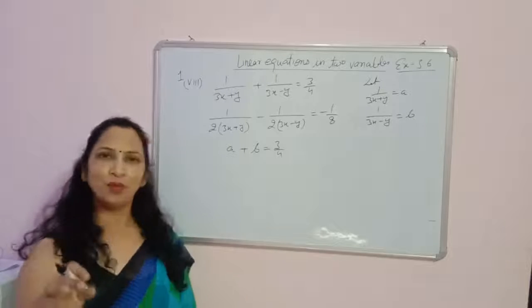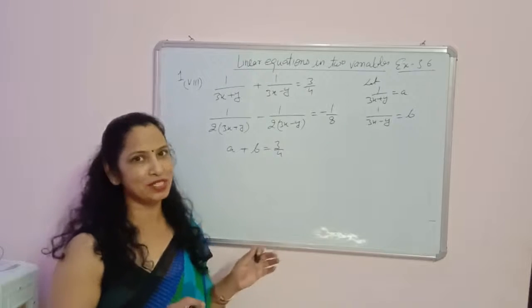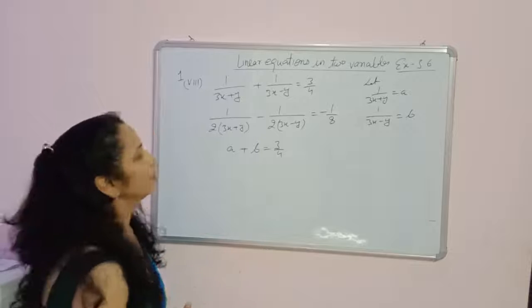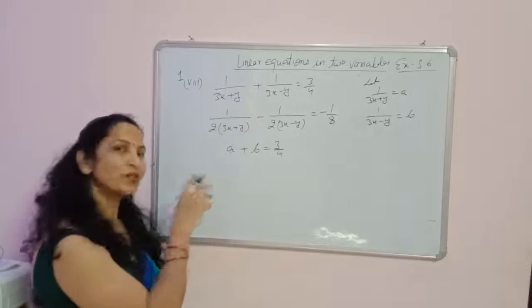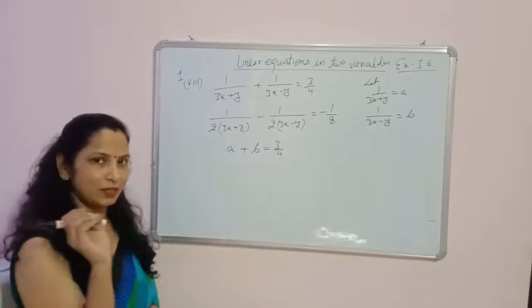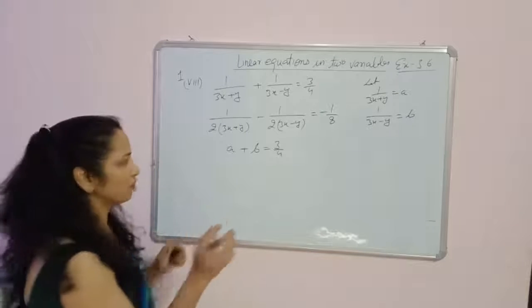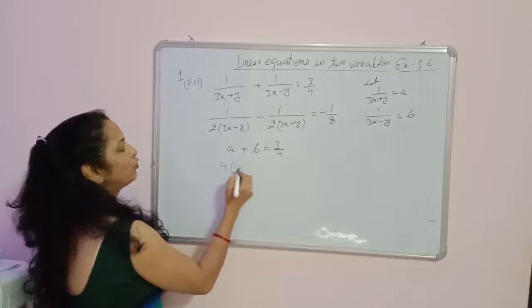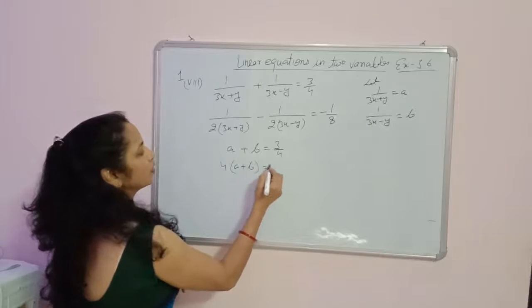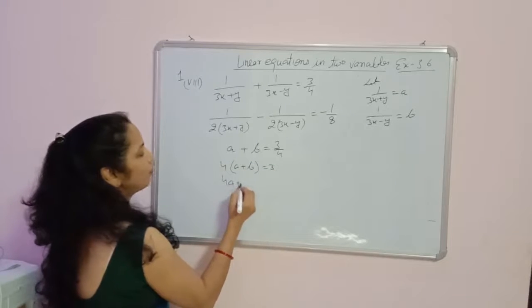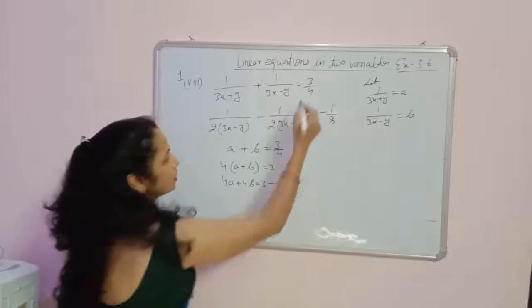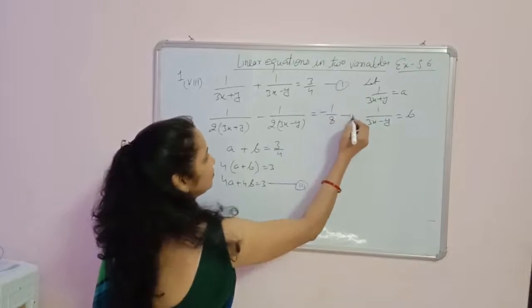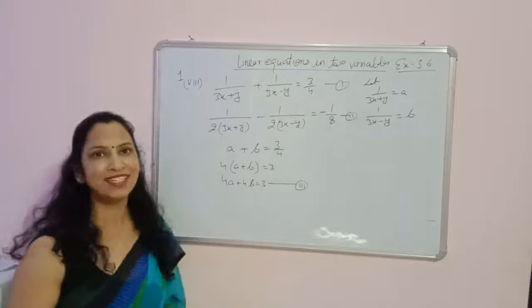Again, if you have any problem in fractions, you can simplify the equations. You can remove the fractions here. Like you can multiply 4 by both this a and b so that the equations become easy. It will be without any fraction. So we are going to multiply 4 with the a plus b. So the equation is 4a plus 4b is equal to 3. So we can write the equation third here because these are the equation first and second. Okay, I think it's so easy.